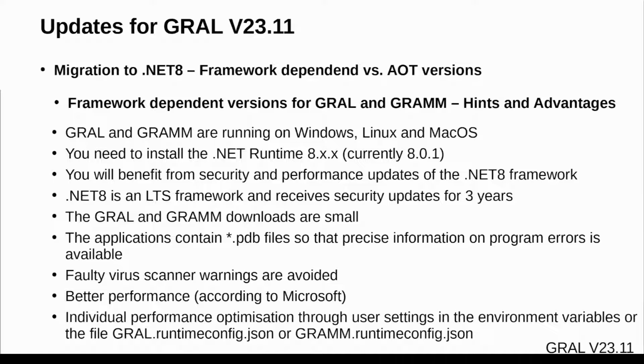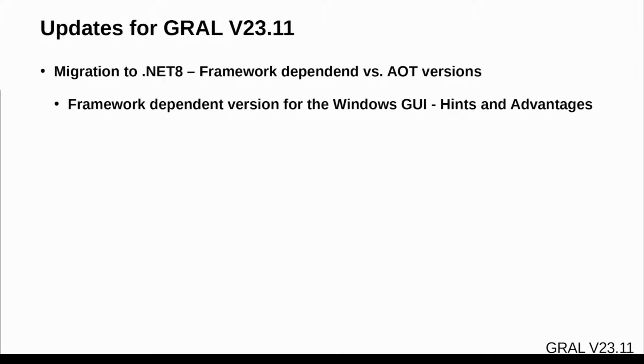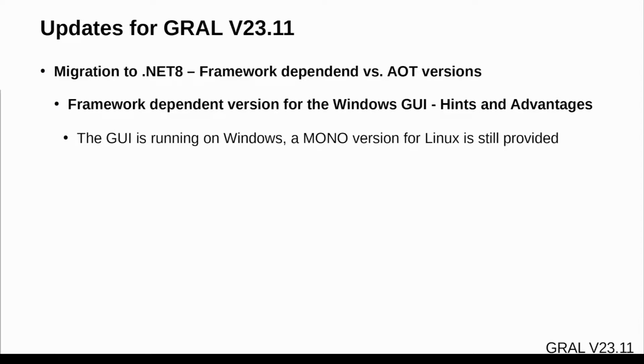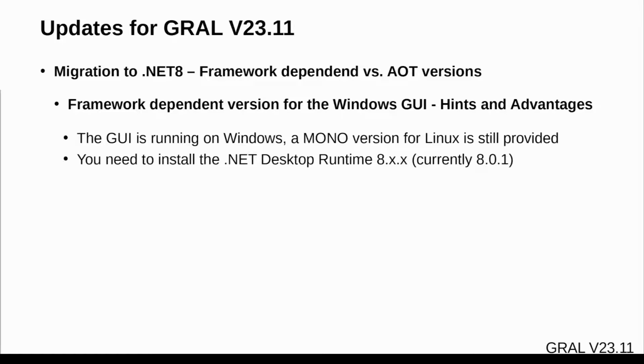And individual performance optimization is possible through user settings in the environment variables or the file gral.runtimeconfig.json or gram.runtimeconfig.json. Here are some hints for the graphical user interface, although there will be an own episode for the graphical user interface. The graphical user interface is running on Windows, a mono version for Linux is still provided. You need to install the .NET Desktop Runtime 8.xx